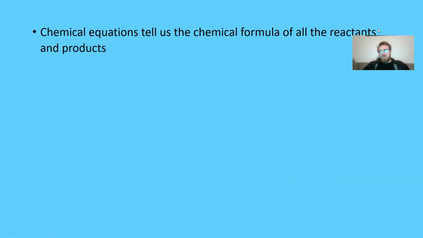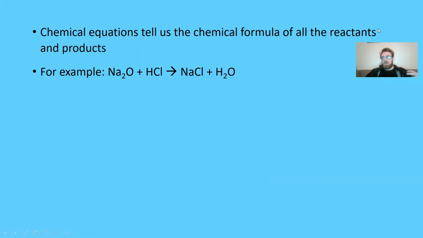So we already know that chemical equations tell us the chemical formula of all the reactants and products. If we look at this example, we've got sodium oxide reacting with hydrochloric acid, and that gives you sodium chloride plus water. There is an issue with this though, and if you look, you'll see that there's two